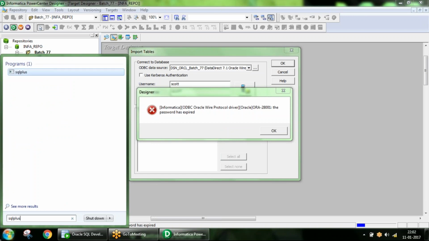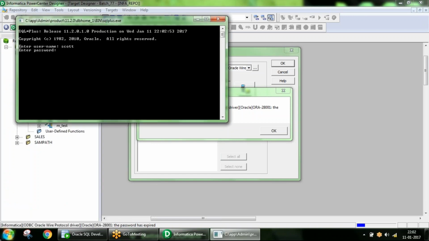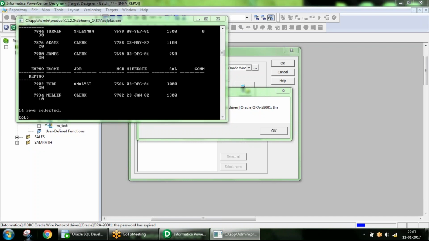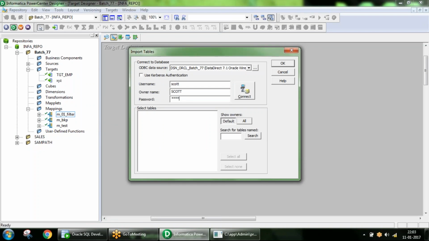Seems the password got expired. See, now I'm going to import the target tables for this exercise.